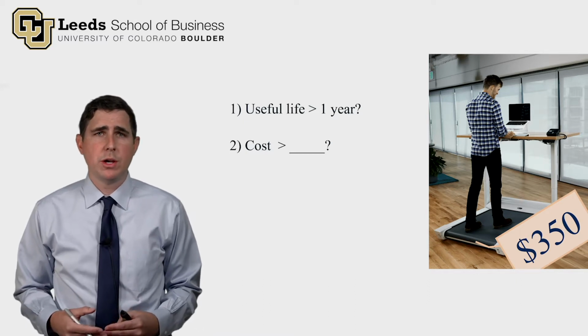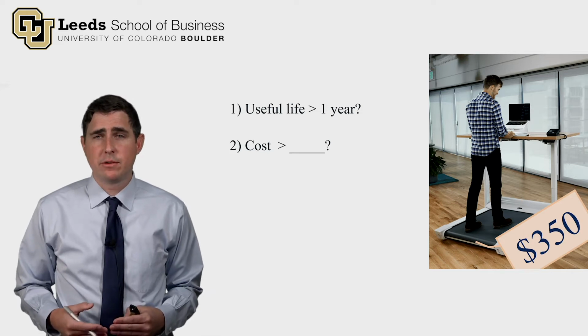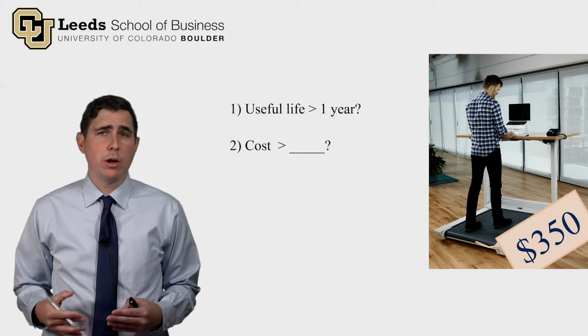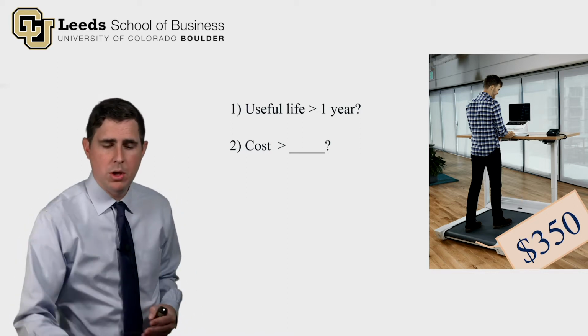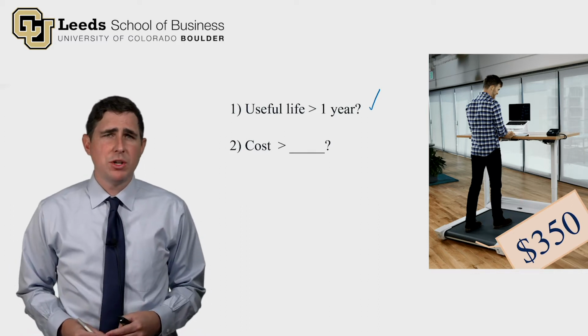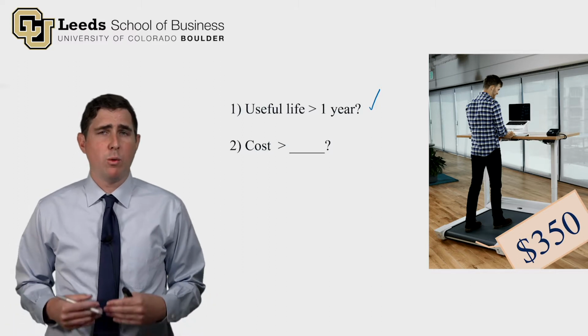So we'll go through 2 questions. First, does this treadmill desk have a useful life greater than a year? Suppose we think it does. In fact, we're going to think it has a 3-year useful life. So we're going to put a check mark. Yes, it does. The second question is the cost greater than whatever our threshold value is for what qualifies as